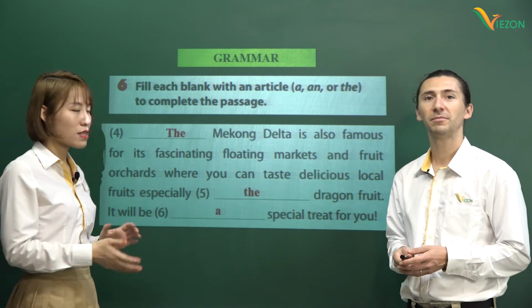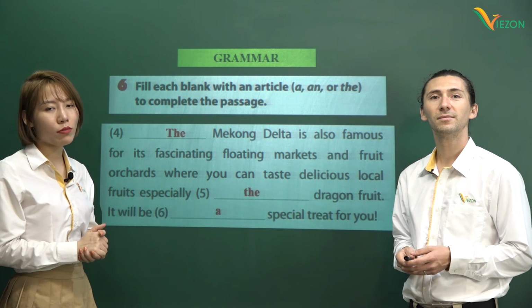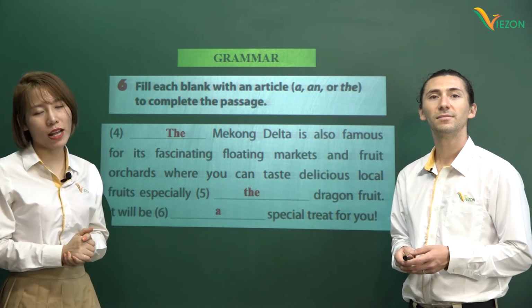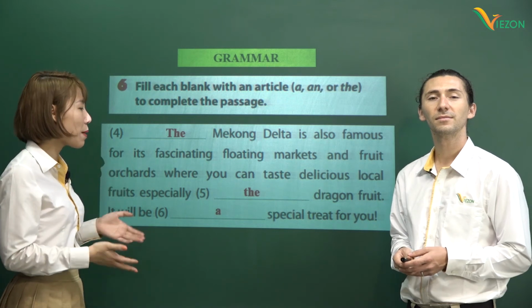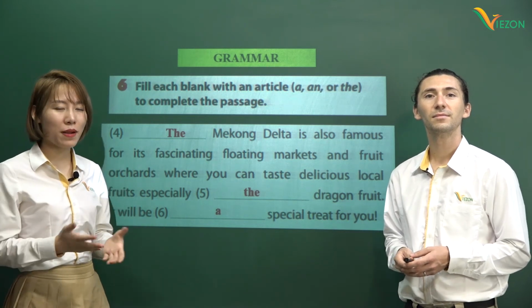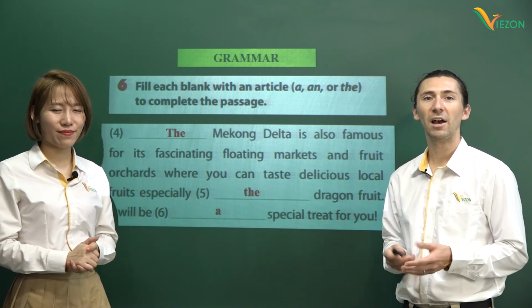Teacher Hien? Câu số 6 ở đây mình chọn đáp án đây là A. Vì đây là một điều xác định chung thôi, không đề cập đến cái gì riêng biệt cả và cũng có nghĩa là một thôi. And bây giờ các bạn hãy kiểm tra lại bài tập giúp cô, đáp án đã đúng chưa? Bây giờ mình đã hiểu được bài tập chưa và chúng mình bây giờ chuyển sang bài tập tiếp theo nhé. Teacher Manny.